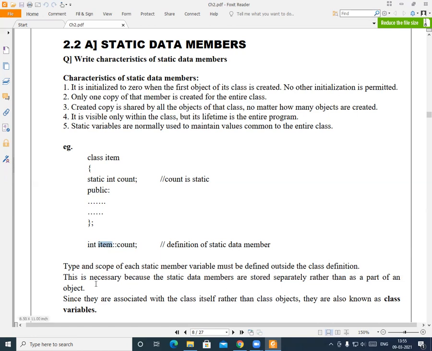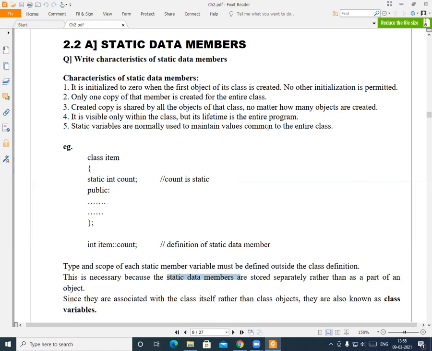So why is this necessary? This is necessary because the static data members are stored separately rather than as a part of object. We are going to create only one copy, and that copy will be stored separately. It is not stored as a part of objects. All the other normal or regular variables will be stored as a part of object, but these static data members are stored separately because they are not part of the particular object.